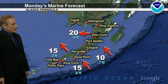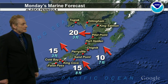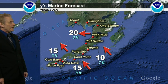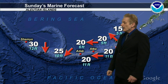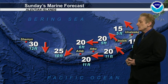And Monday's outlook, even lighter winds, 15 knots here for the Alaska Peninsula from Castle Cape to Sitkinak, just 10 knots from the southeast, east at 20 for Bristol Bay. And for the eastern Aleutians, light winds, southeast 15, maybe 20 knots, but that's going to be mostly west to Sitkinak, there on out to Adak and Atka. Nikolsky on out to Adak and Atka, turning northeast,